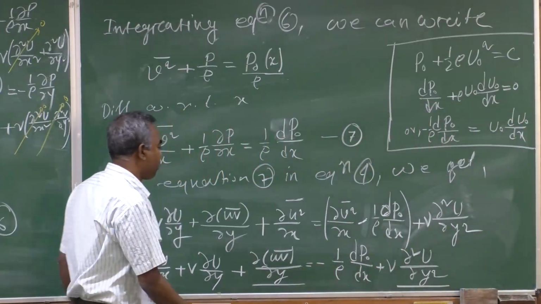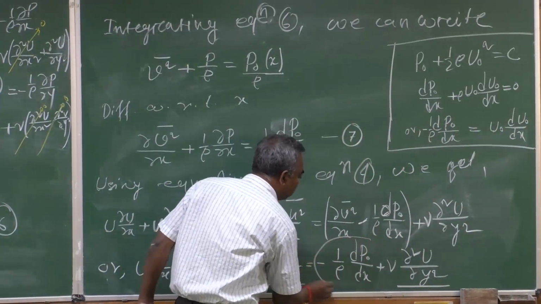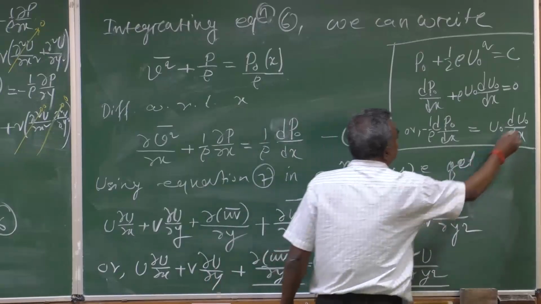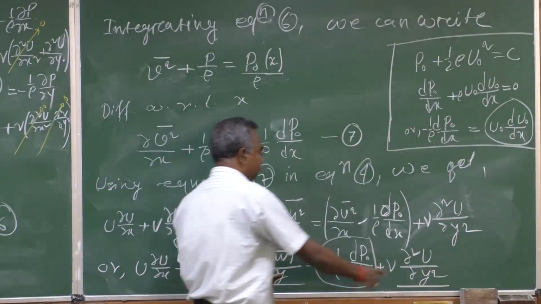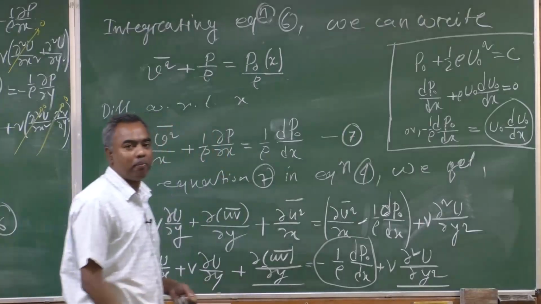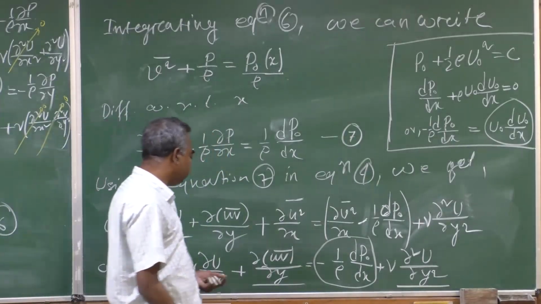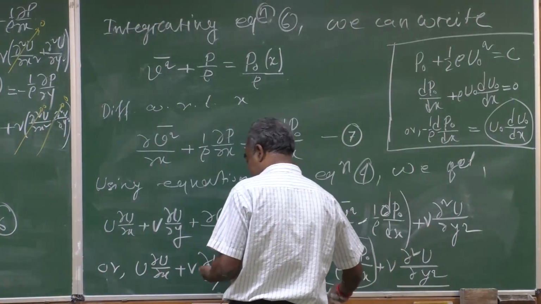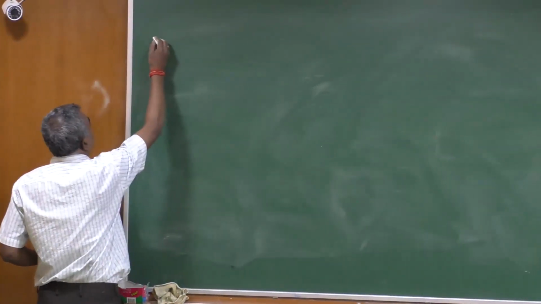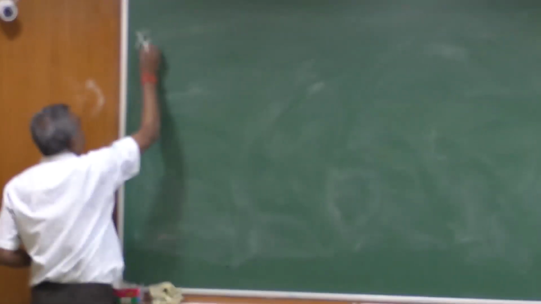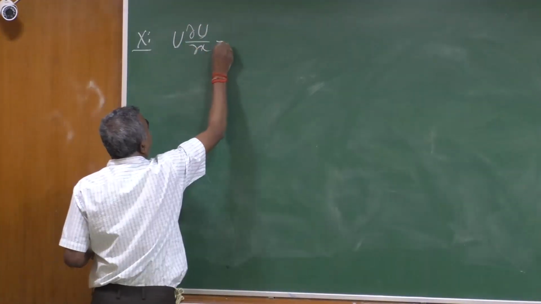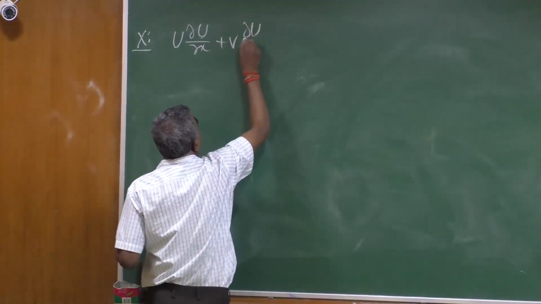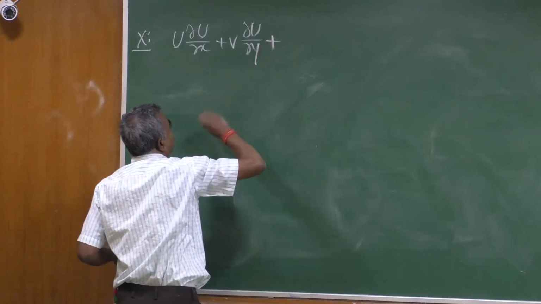So, that means you can replace this term with this term, and these two terms can also be combined. So, the x momentum equation for the turbulent boundary layer can finally be written as u del x plus v del u del y plus